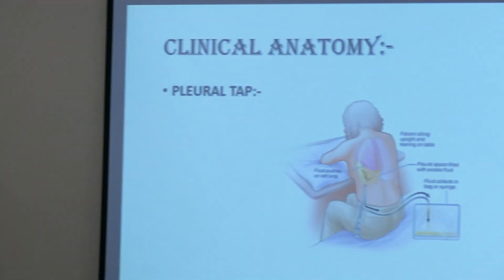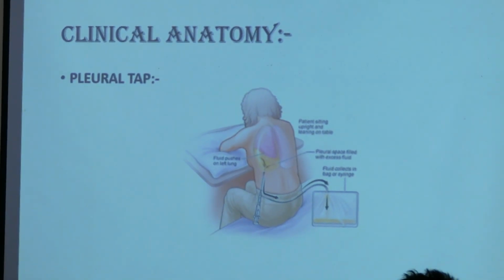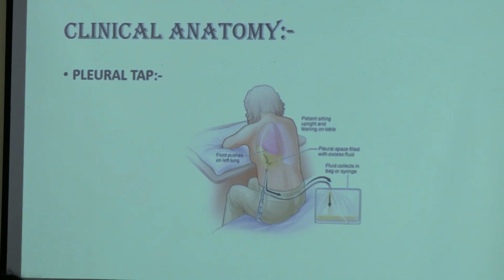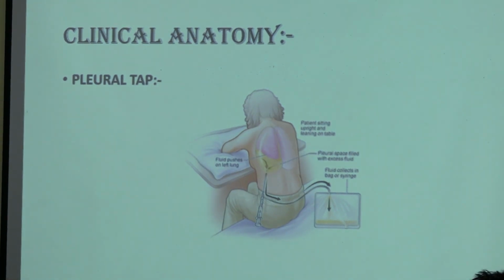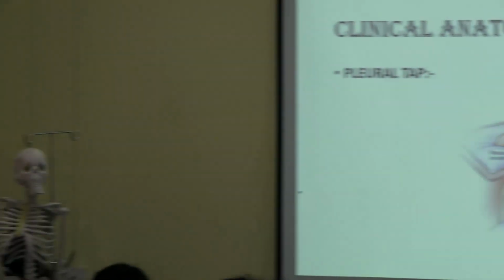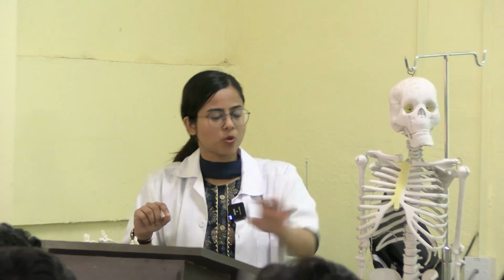Okay, now clinical. Pleural tapping is basically what happens. So as I told, parietal layer of pleura and visceral layer of pleura. Like in peritoneum, you have studied parietal peritoneum and visceral peritoneum. So in between these two layers, there can be collection of fluid, or pus, like pyothorax, or blood, hemothorax. So we need to drain this fluid. How do we drain this fluid? We need to insert a needle in the intercostal space along the mid-axillary line.